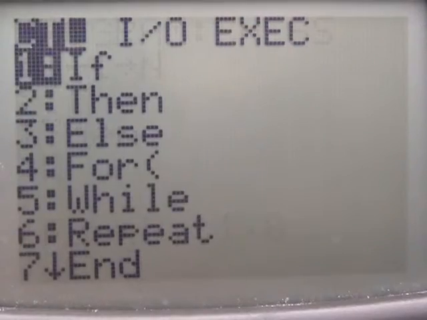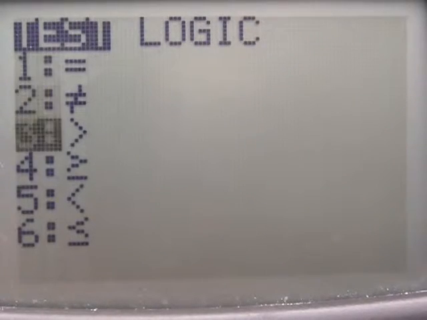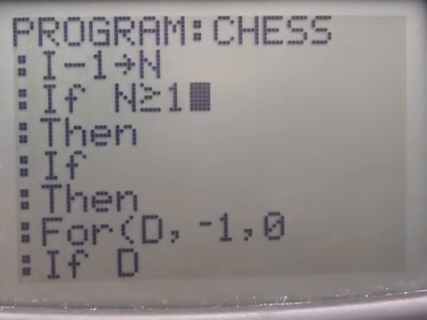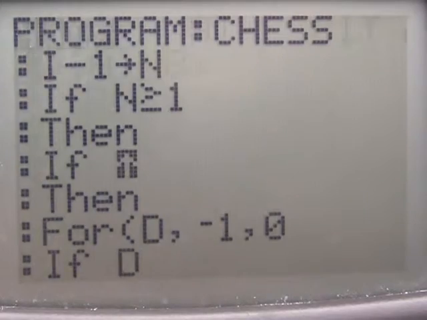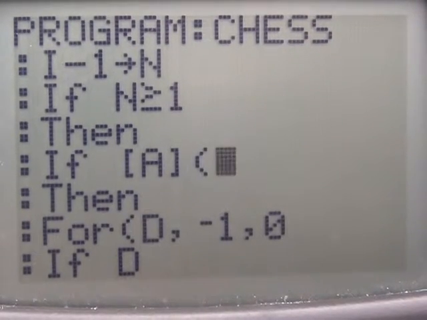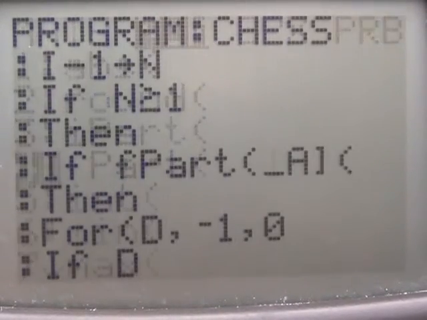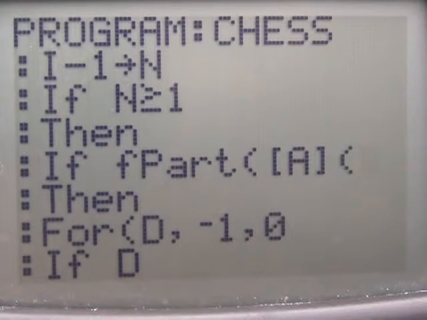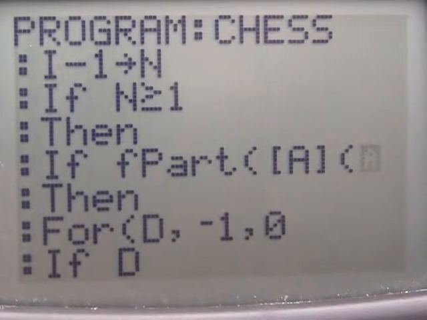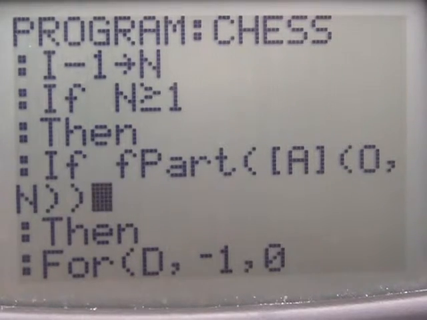If then, and here we go. We have if n is greater than or equal to 1, then if matrix A, or if the fractional part of matrix A exists. So of ON. Yep. Okay, so